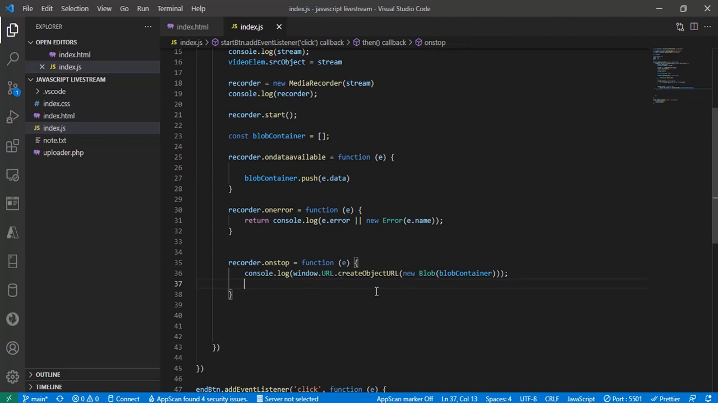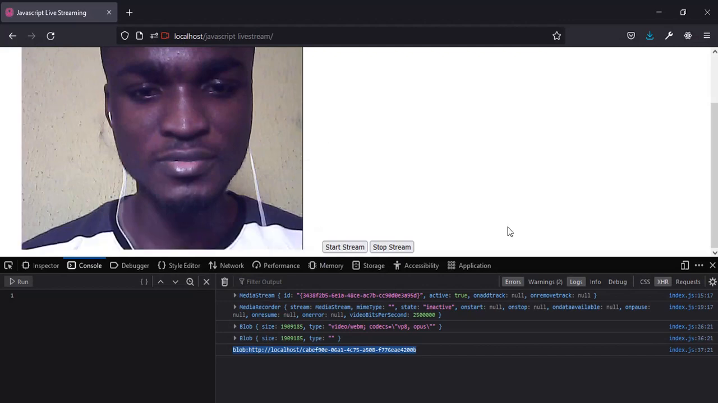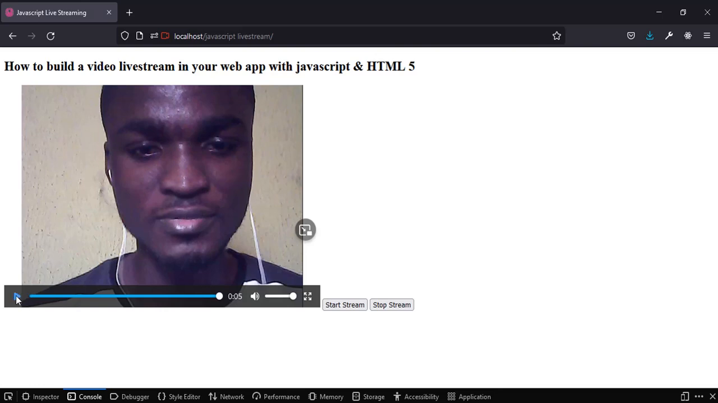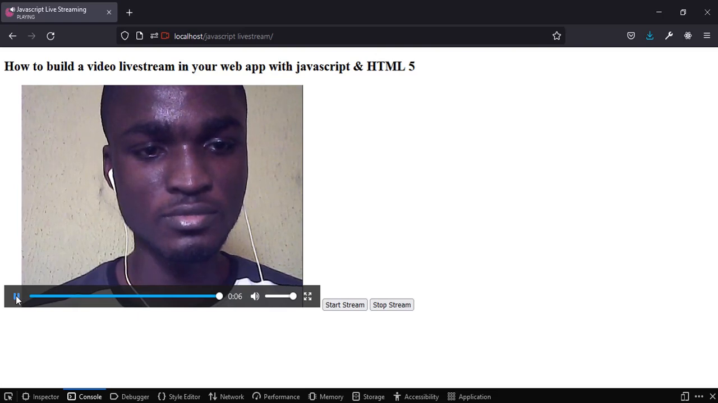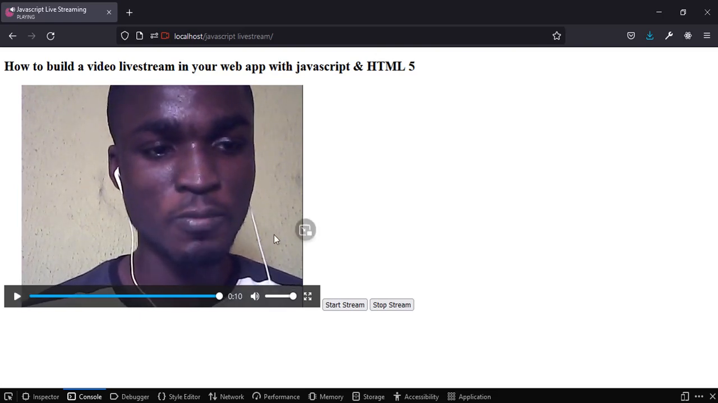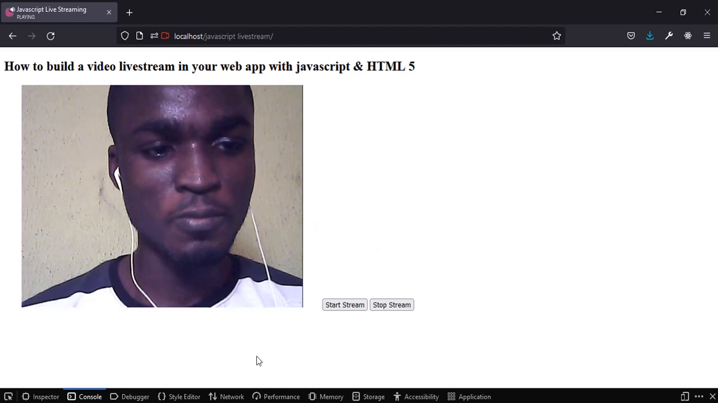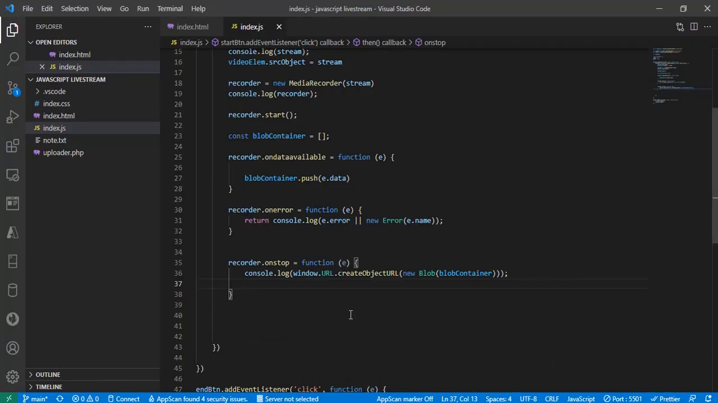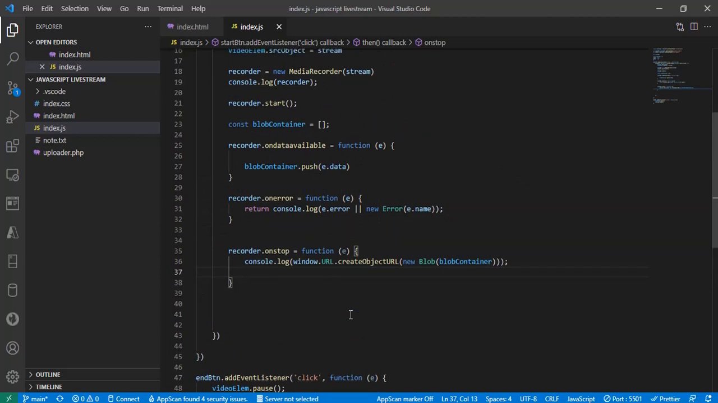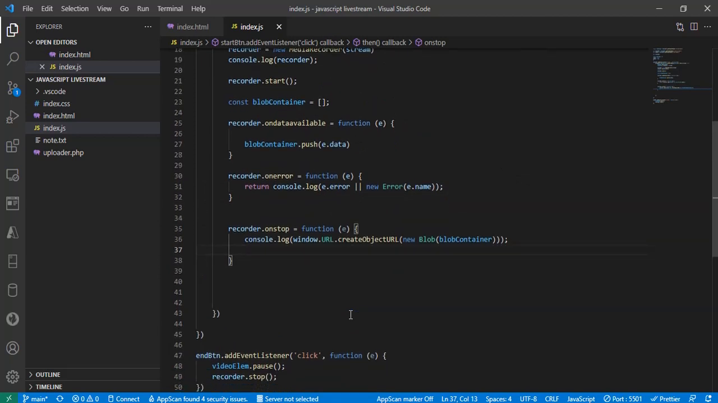So when we've stopped the video, we want to be able to replay the video back, because if I click on play now, it's going to continue the streaming. Yeah, that's continued the streaming. So to stop it, after stopping the recorder, we are going to remove the video element,